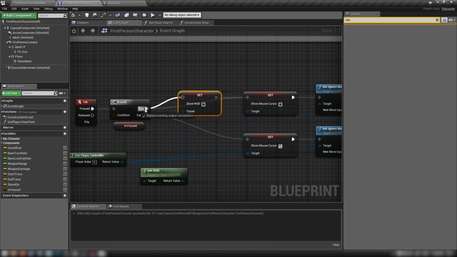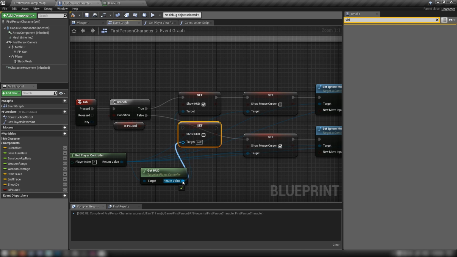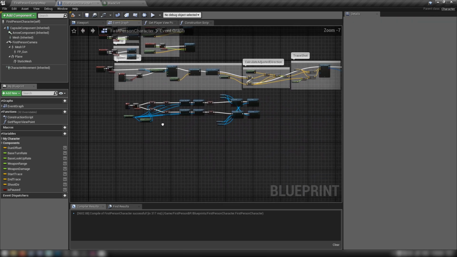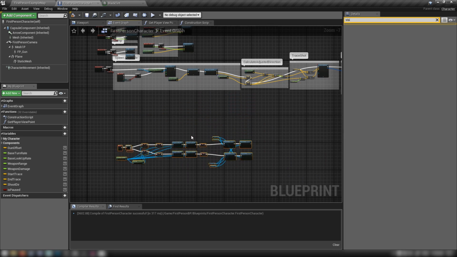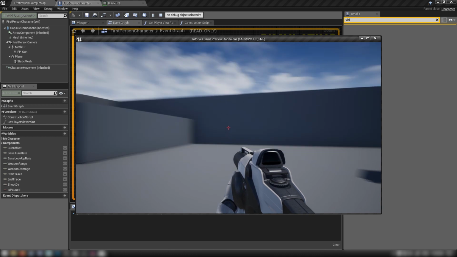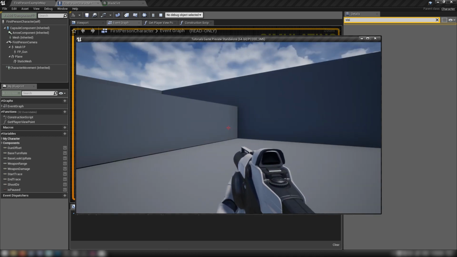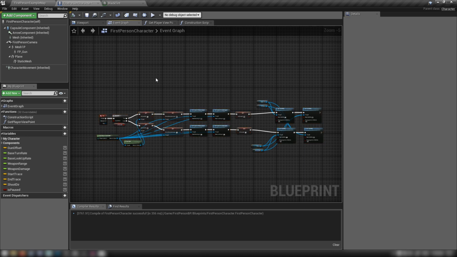Right, so we want to show HUD in the top one, not show HUD in the bottom one. Connect these guys up. And in fact, I'm going to move this down here so we get a better look. Compile that, hit play. So you see a little crosshair there. When I hit tab, it's going to go away. When I hit tab again, it's going to come back. Okay, so we're ready to actually start building out the functionality of our